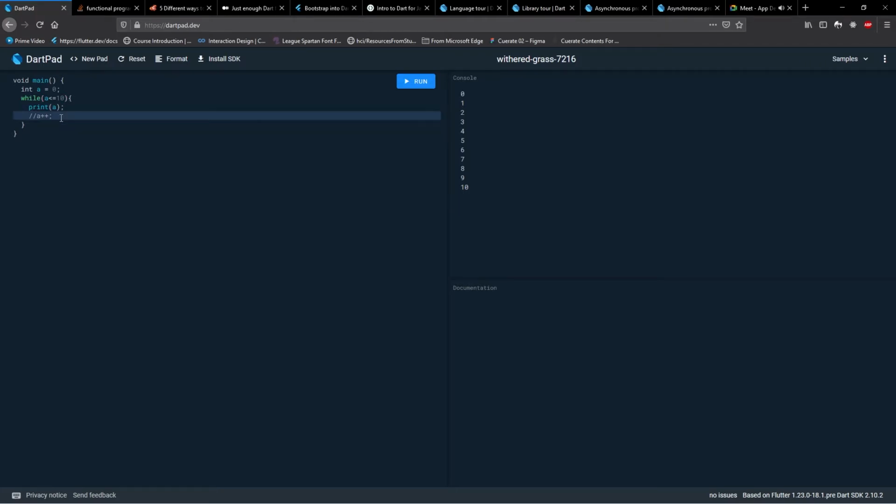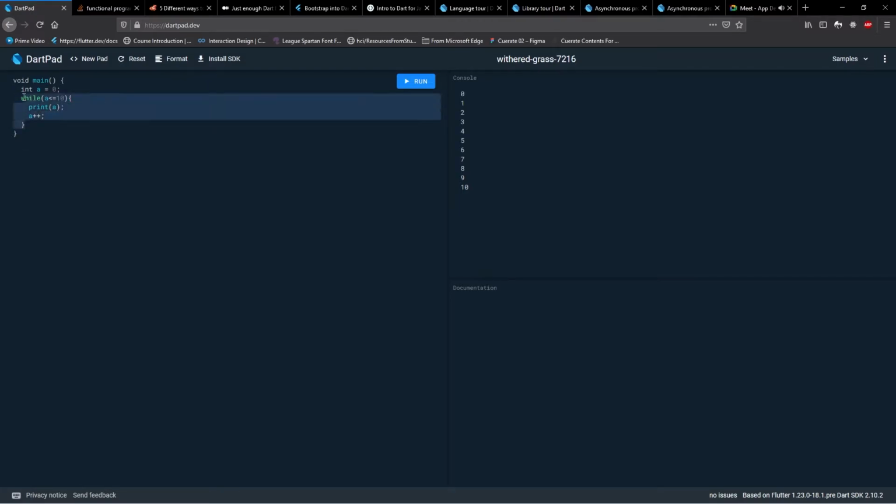Okay, I've commented this out, so it doesn't exist. Now a is again 0 itself. Again it's less than or equal to 10, again it's going to print 0, and again it's going to go back. So it keeps doing this. The condition never fails. It never comes out of the while loop. So you should always have a condition so that the while loop will eventually fail. That is why we usually prefer for loops, but the while loop has its place when you do not know the number of iterations.